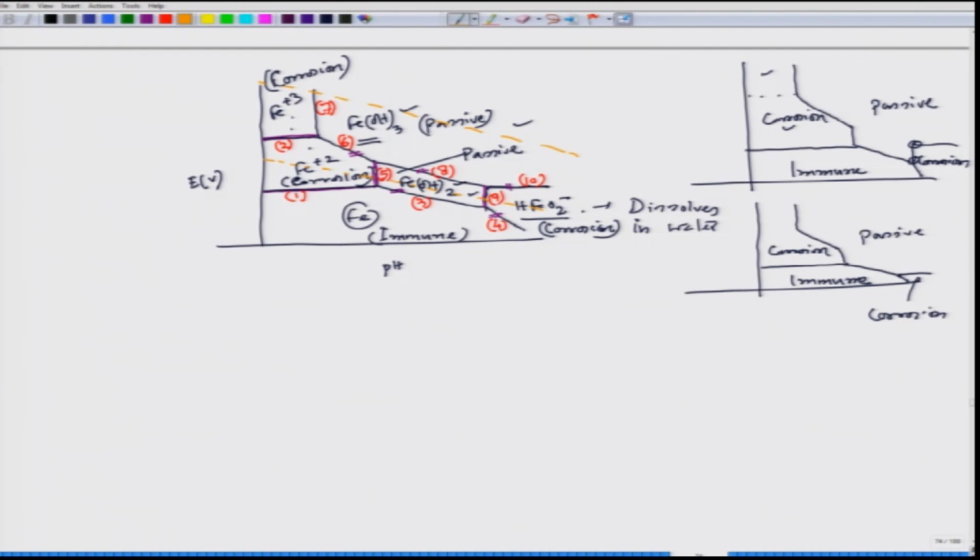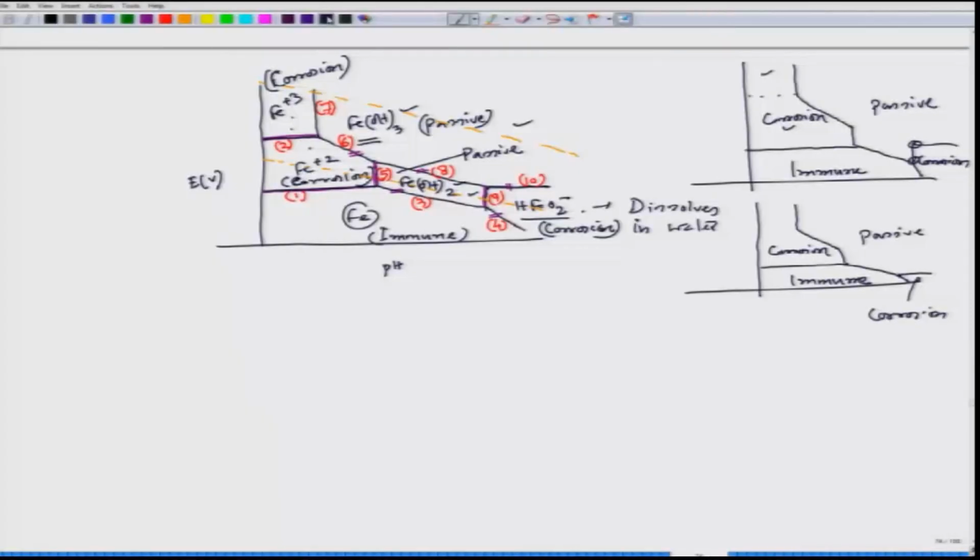At the end, we would like to see the advantages and disadvantages or the limitations of the Pourbaix diagram. So, we have done quite a detailed analysis on the Pourbaix diagram. So, first let us see what are the advantages. The advantages, first thing, it indicates, without going for a detailed calculation, the stability region of different phases